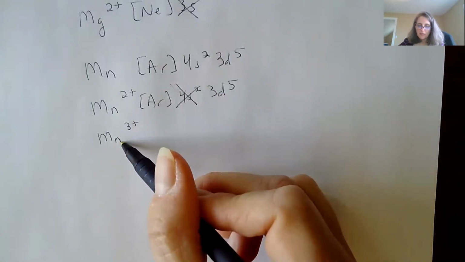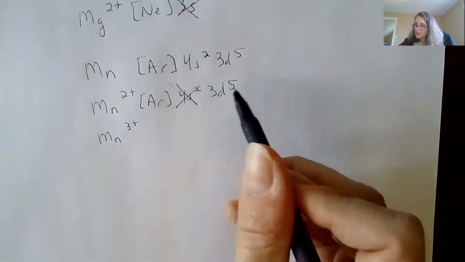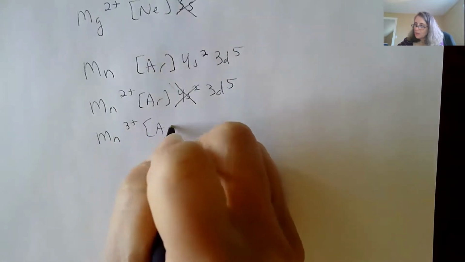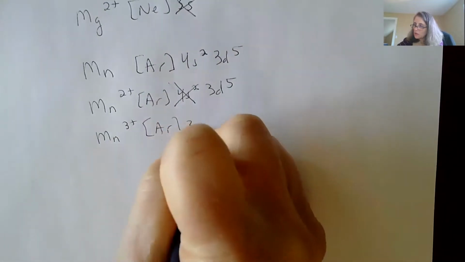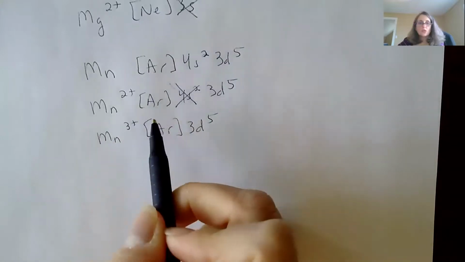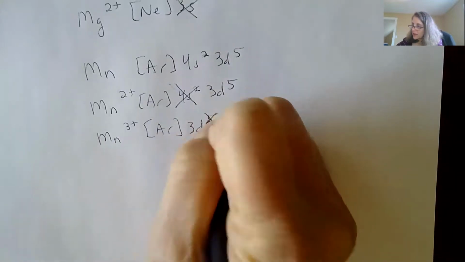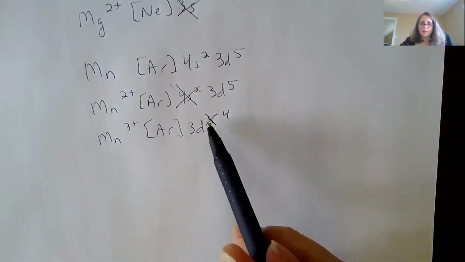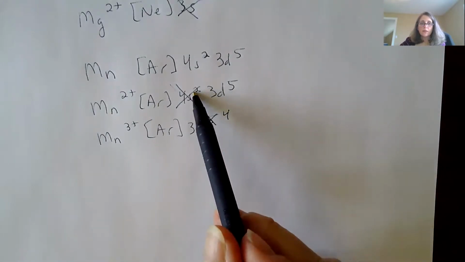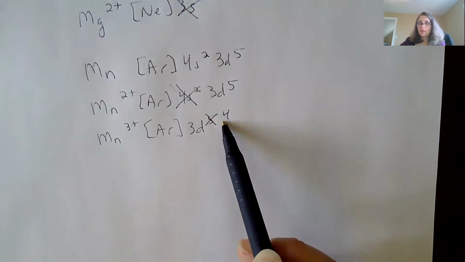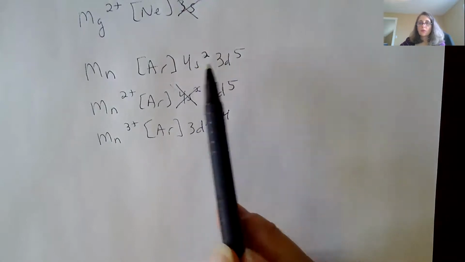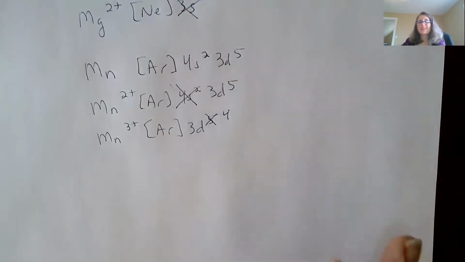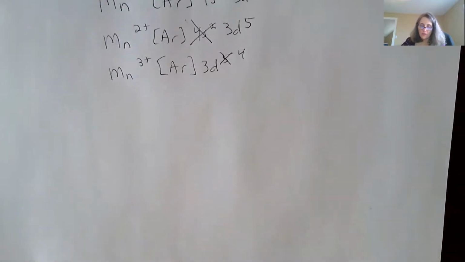Well, what if I had manganese 3+ instead? So instead of going all the way back, I'm going to go to my manganese 2+ here and go, okay, I actually have 4 electrons in that d orbital now. So again, I've taken 2 out of the s orbital and 1 out of the d orbital. So with the transition metals, these are always a little more tricky in terms of how they make